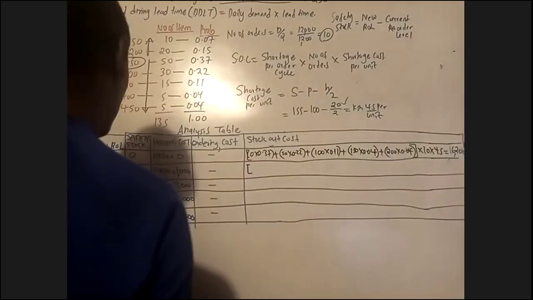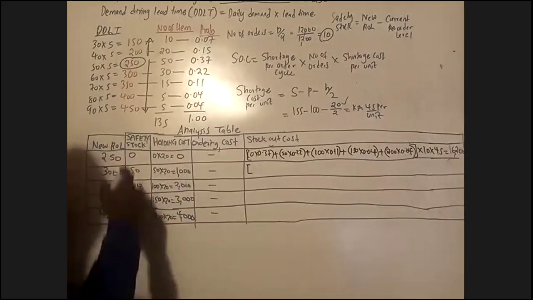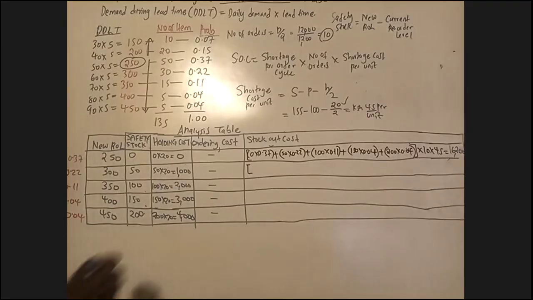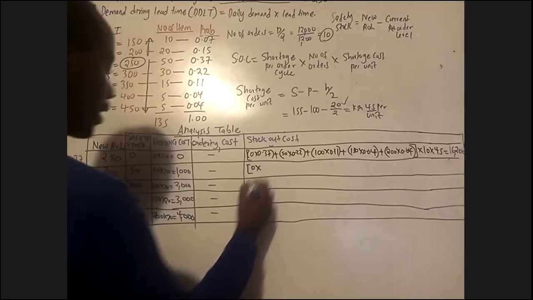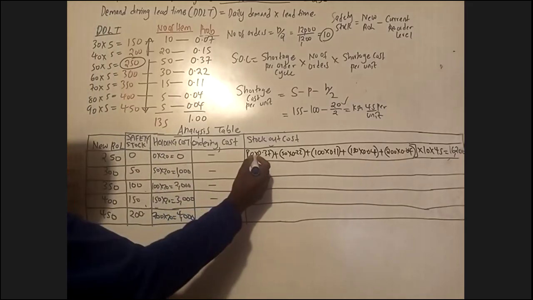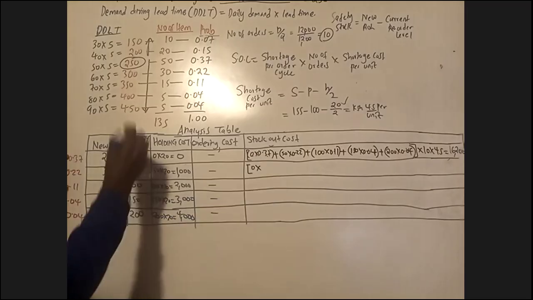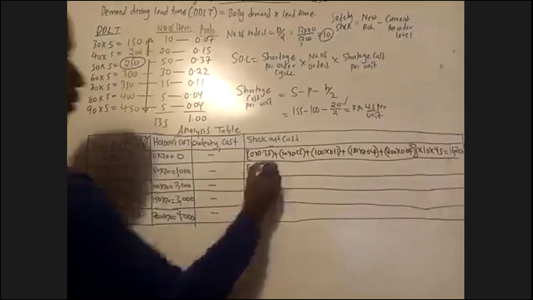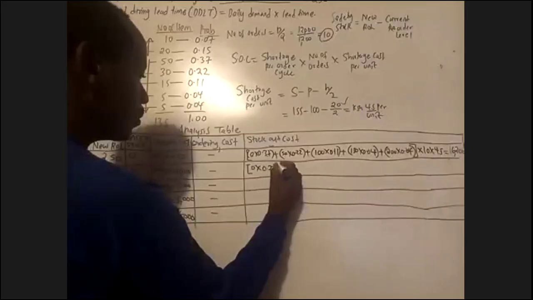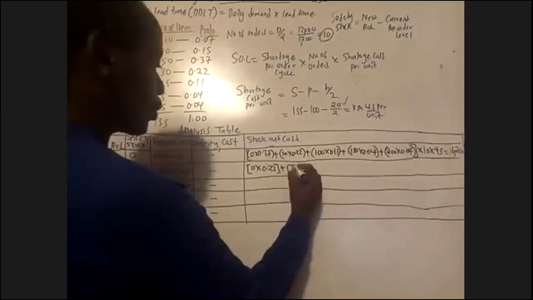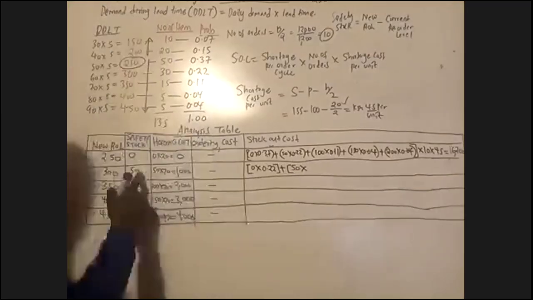Utaanza na ukianza na ya 0 utamultiply na the probability ya second one. So for example, ukianza na 0 hapa unamultiply na the probability yake iko chini yake. So ya kwanza tulianza na 0 na 37. So 0 times 37. Ya pili ukianza na 0 times 0.22 plus haya 50, unaenda probability iko chini yake, 50 times 0.11